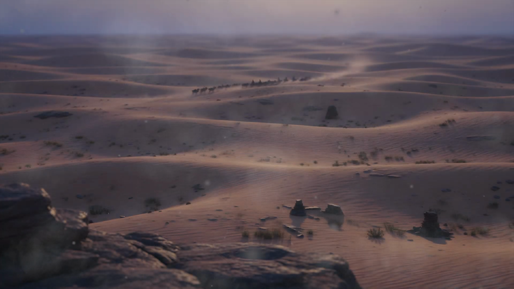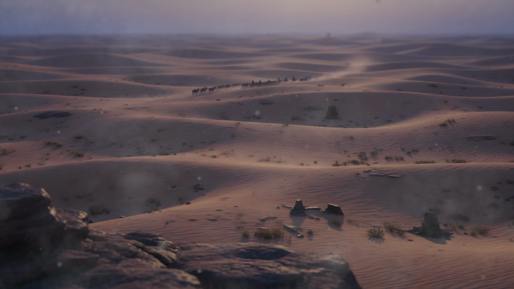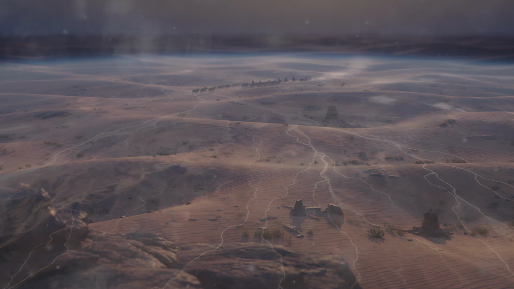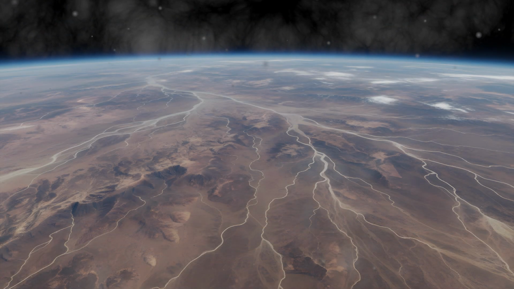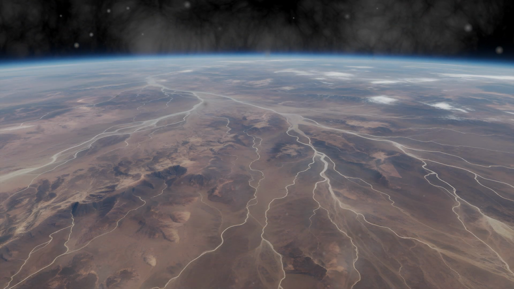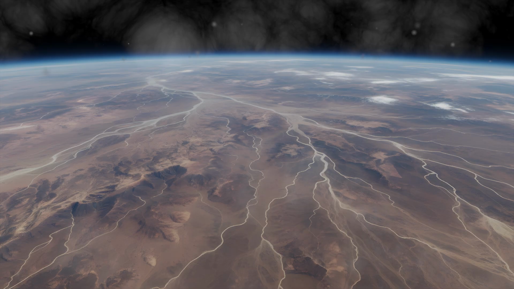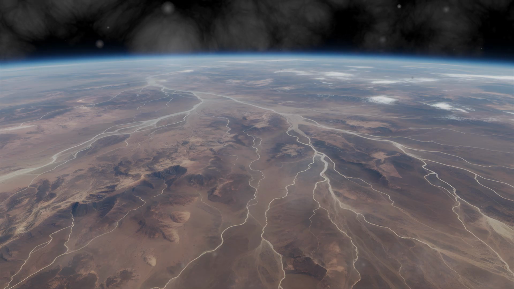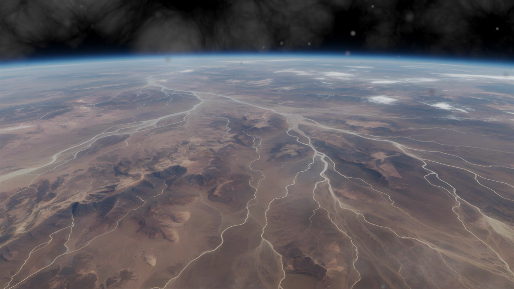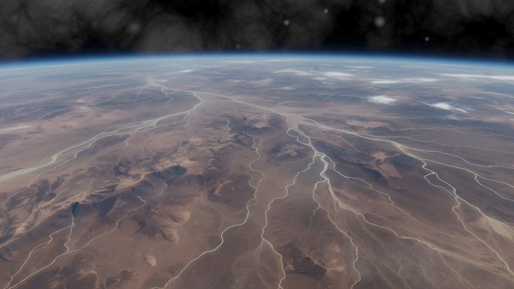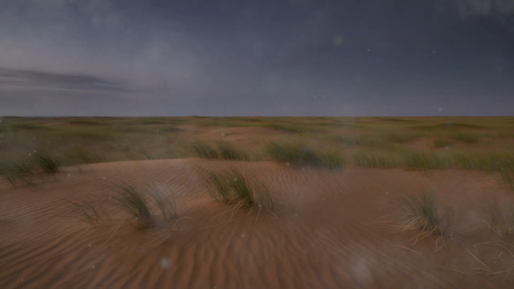Let's begin. Deserts are not defined simply by heat, but by the scarcity of precipitation, with most receiving less than 250 millimeters of rainfall each year, creating landscapes where evaporation often exceeds incoming moisture. This imbalance shapes every detail, from cracked earth to drifting dunes, and establishes deserts not just as places, but as ongoing processes governed by atmospheric circulation, positioning many of them beneath descending air masses in the subtropics.